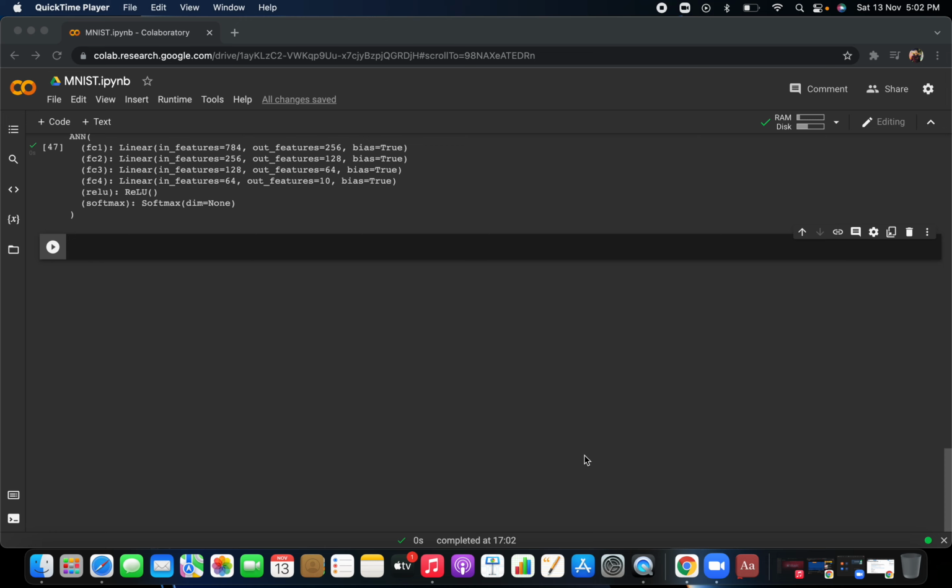Part 4 of the PyTorch series. In the last three videos, part 1, part 2, and part 3, we have seen the basic concepts related to PyTorch. We have seen how to deal with the data loader, and in part 3 we saw how to create a model using an ANN, an artificial neural network. So you are using the PyTorch deep learning library and creating an ANN model.